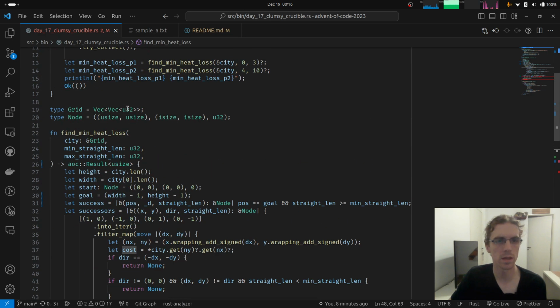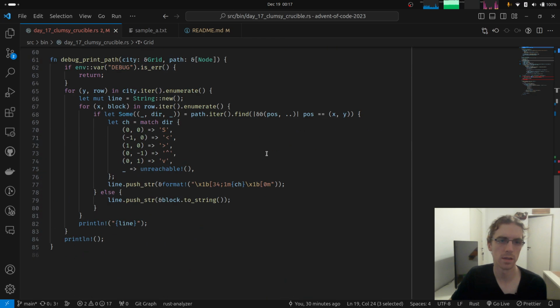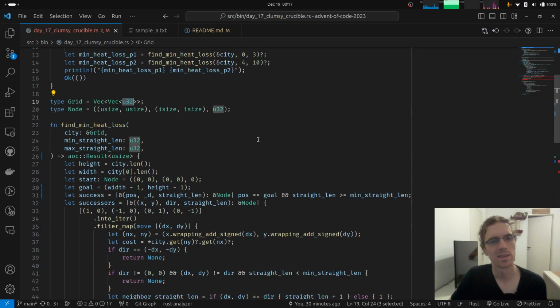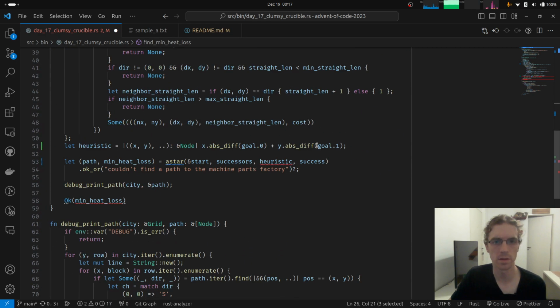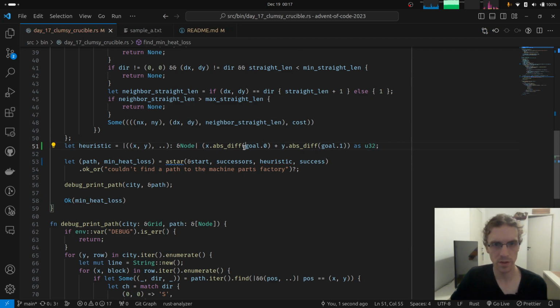Oh, because this cost comes from the city, and the city is parsing things as two digits. Okay, let's use u32. So this thing has to be cast as u32. Not very pretty, but fine.